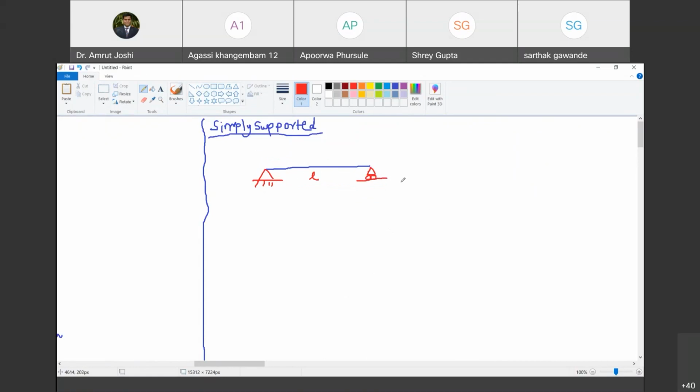ऐसे वाला arrangement हमने किया है. We have a wooden beam which has a hinge support on one end and a roller support on the other. Happy? Yes, sir. And this roller support in turn rests on a weighing balance. Weighing balance आपने देखा होगा. Are you with me? Yes, sir. So जो भी reaction यहाँ पे offer होता है, that reaction is measured experimentally through this reading here. Are you with me?